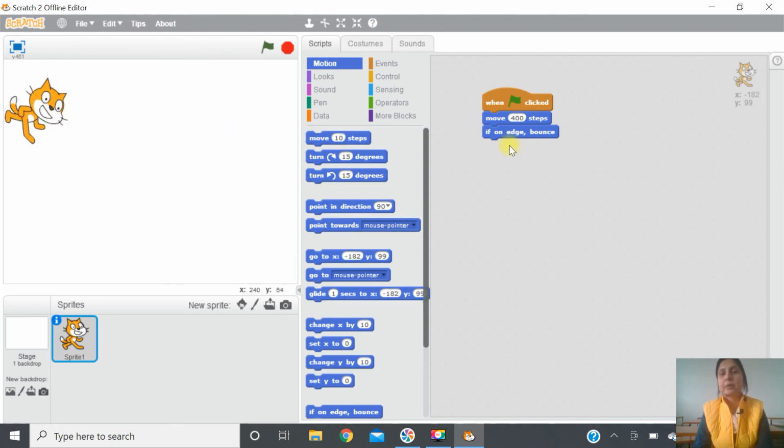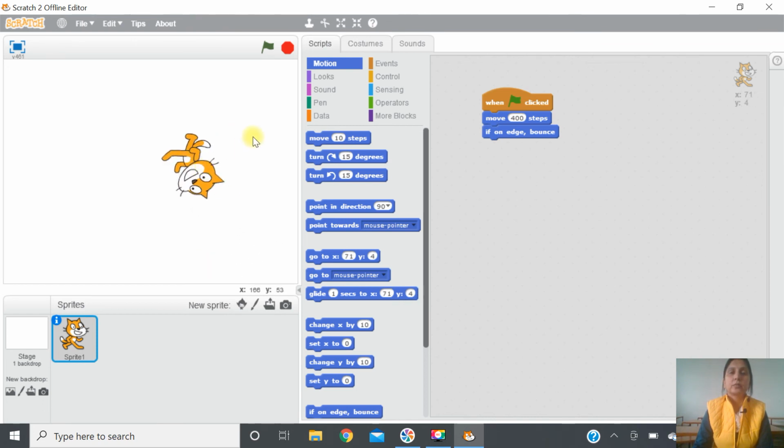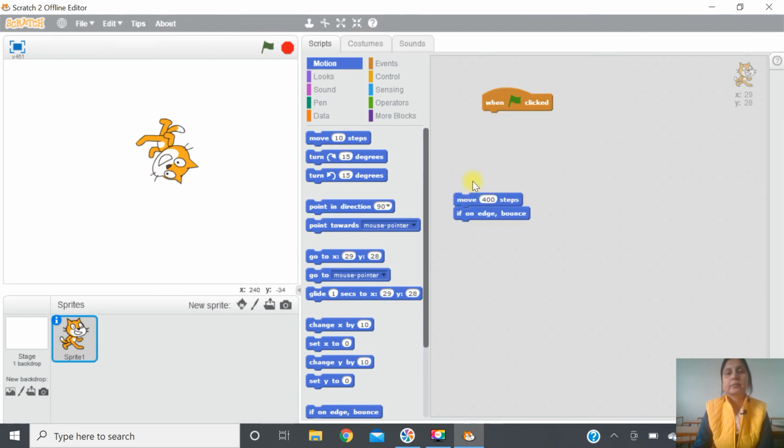So let's see. Suppose here is your sprite. When I click on green flag, it should move 400 steps. See, now its face is towards this direction, that's why it is moving in this direction. First I will make it straight by turning, so I need to turn it anti-clockwise.